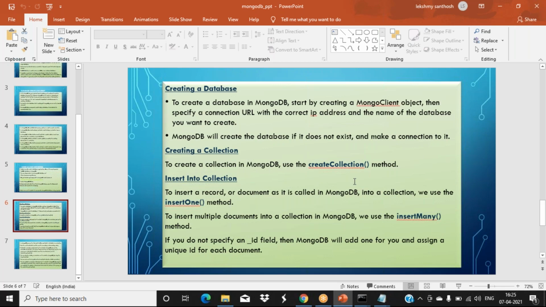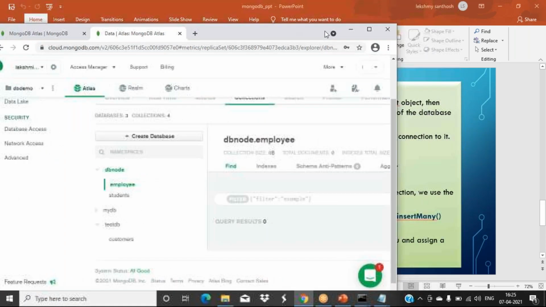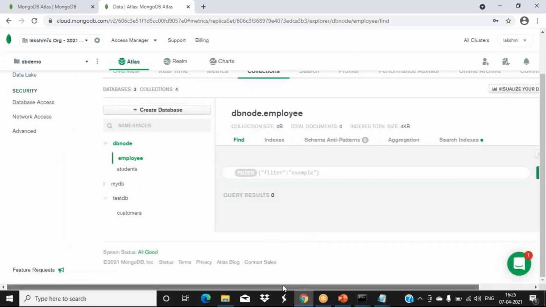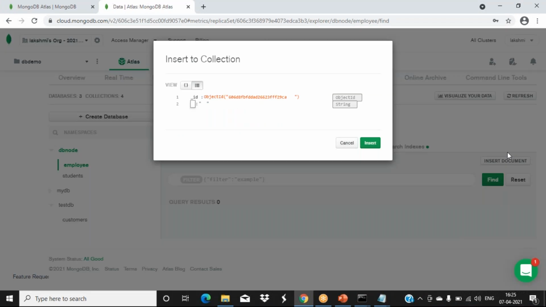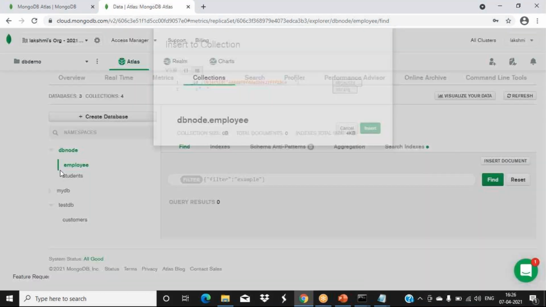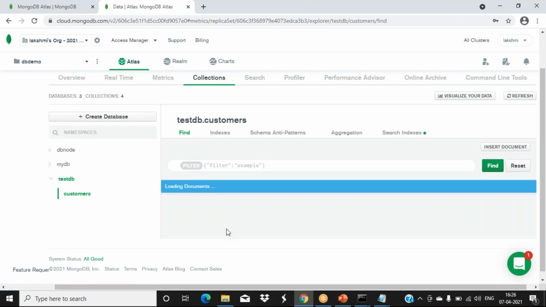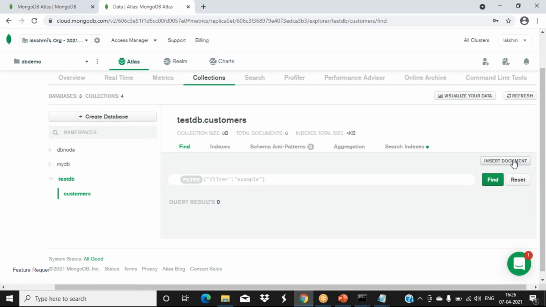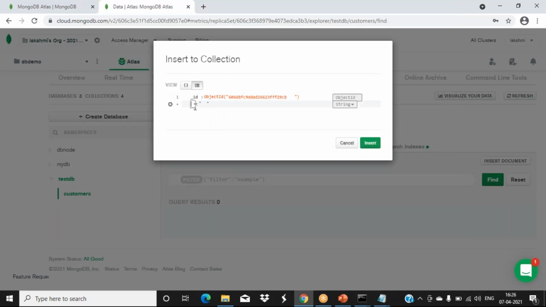If I want to insert anything, we already have an insert method. See, now the collection is created. Now I can insert values using insert document. Suppose, see here, I have selected the customers collection which I created just now. Now it is empty. You can click on insert document. It is asking what values you want to insert there. Okay, some address, value. And I showed you last class how to insert multiple fields.